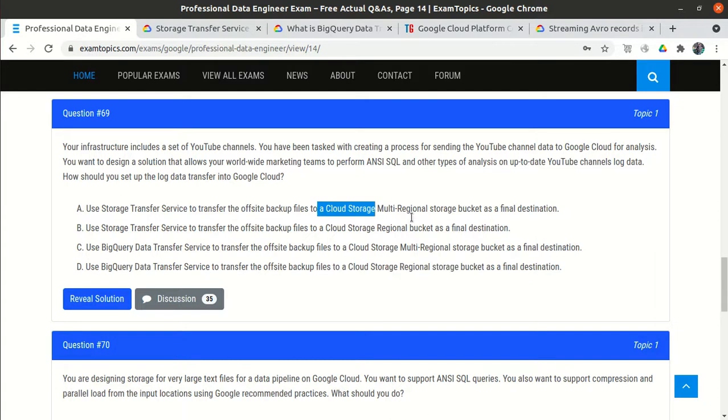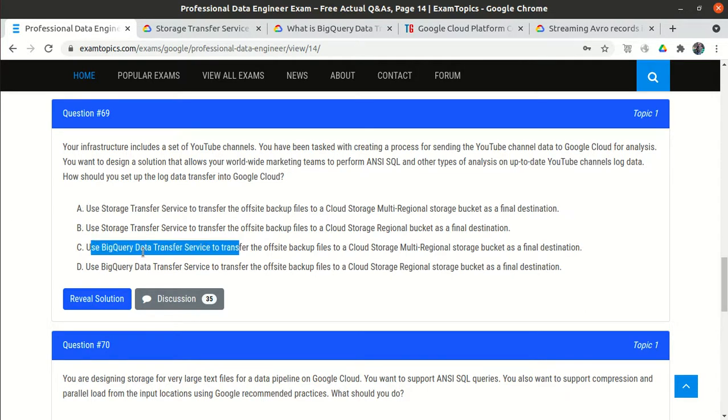Now we have option A and option C, because both use the multi-regional bucket, and we need worldwide access since our teams are located worldwide. The only difference is that one uses the Storage Transfer Service and the other uses the BigQuery Data Transfer Service.